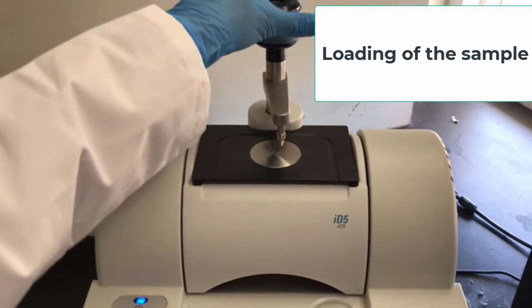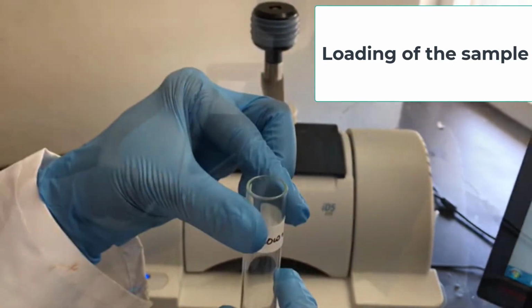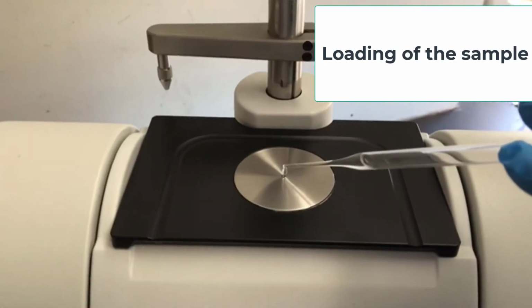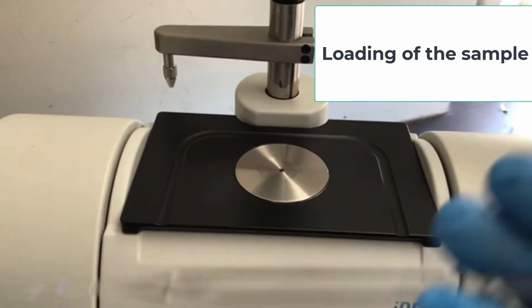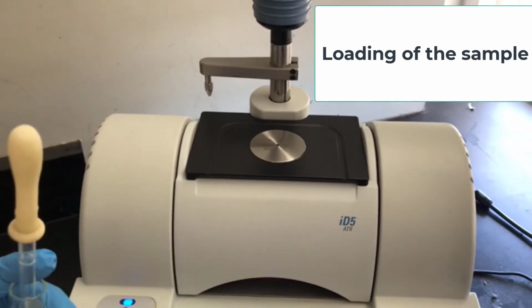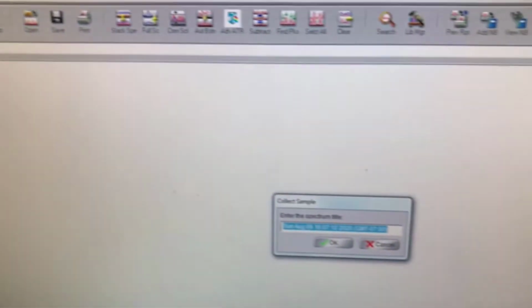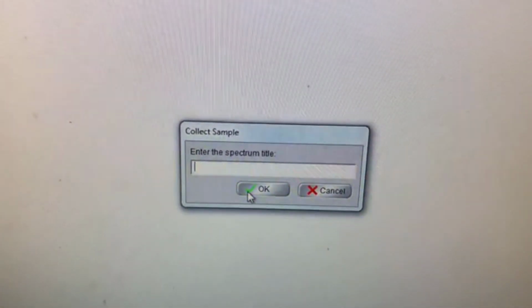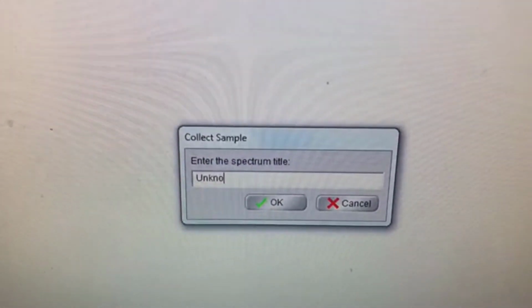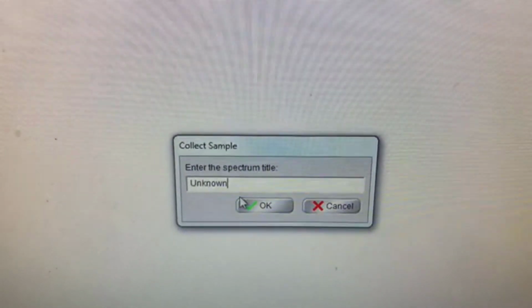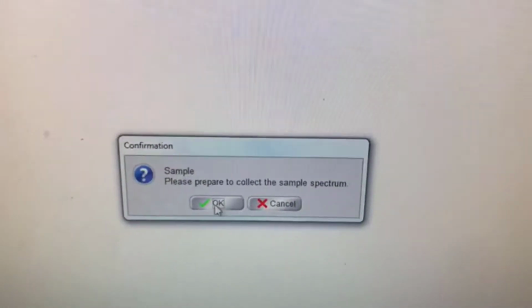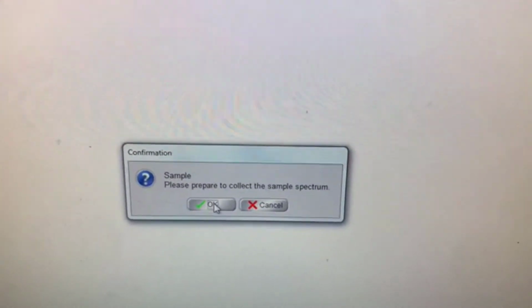The sample which I'm going to record is the liquid one. So here I'm going to place a drop. Let's say 2 drops. It looks like a little bit volatile sample. And then I'm going to click collect background. Oh, sorry, collect sample, not the background. Then I'm going to write the unknown. You can just write the name or something. So unknown. I already added my sample.